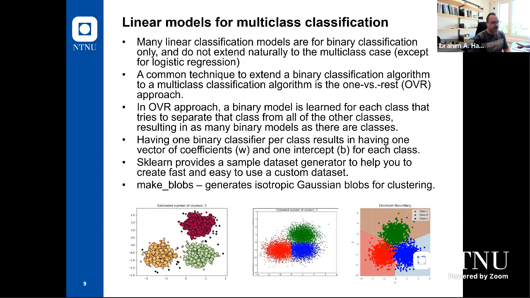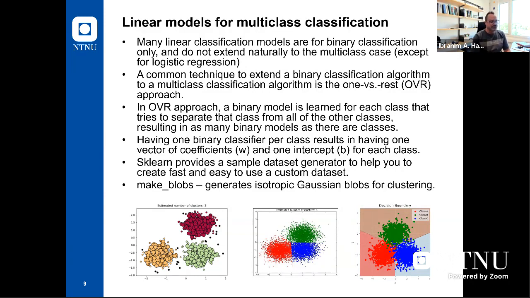And we need to build a model for classifying it. In this case, we will use a technique called the one versus rest approach. It's a common technique to extend a binary classification algorithm to multi-class classification. In this approach, a binary model is learned for each class. We will build a model for each class, which will try to separate that class from all of the other